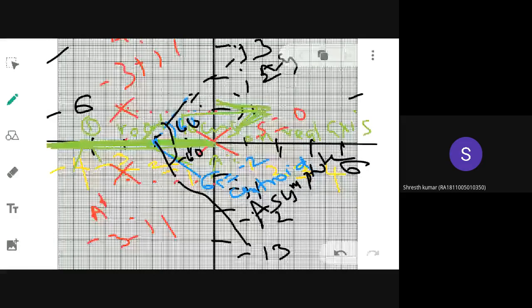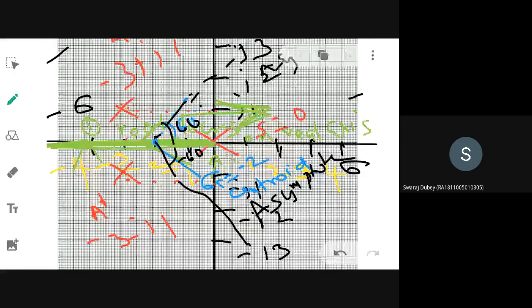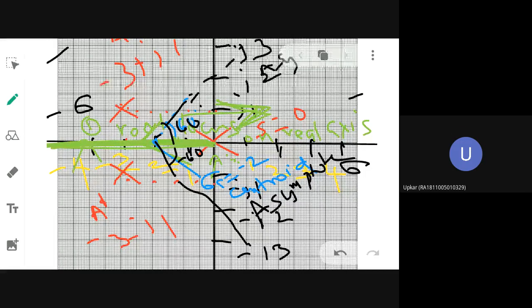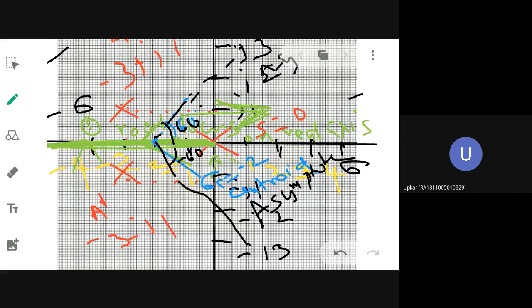Shall I proceed to the next step? Yes, ma'am. Alright, so this is your third step. Just to refresh and summarize the first three steps. What are the first three steps? First step is you have to find out the number of poles and zeros, and locate the poles and zeros in your graph sheet. Remember, you have to take equal scale only. If you are not taking equal scale, then the graph will be shabby.